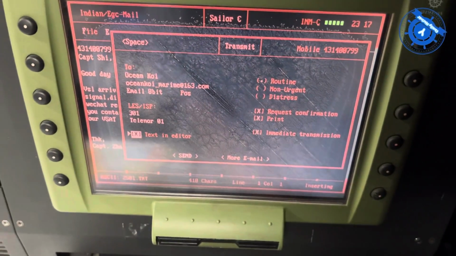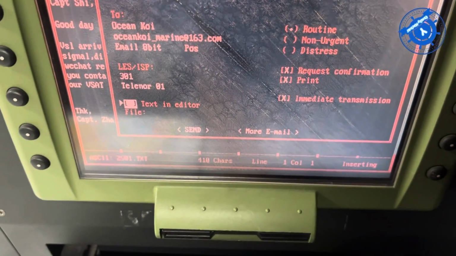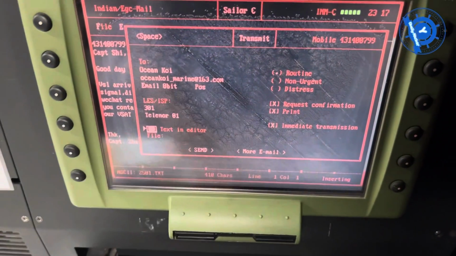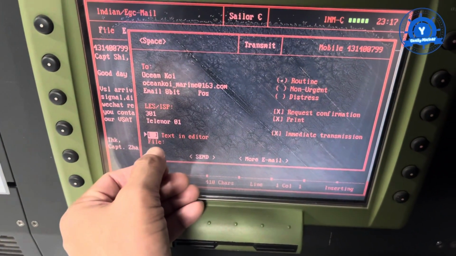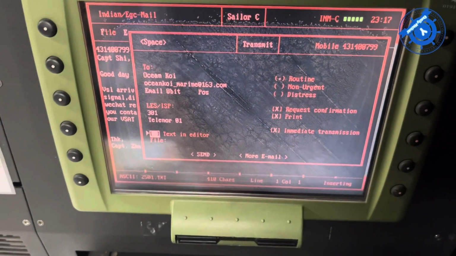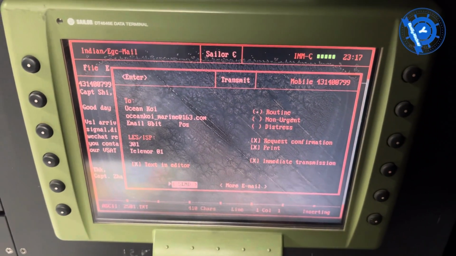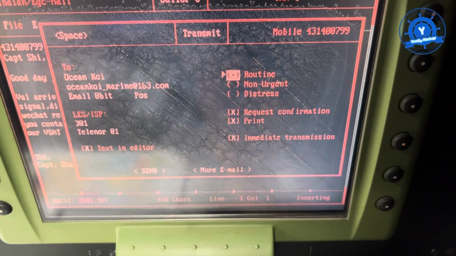and then this is for the editor. If you press it, you can send the file address. There you can find attach. And then there is your message: routine, non-urgent, or distress.